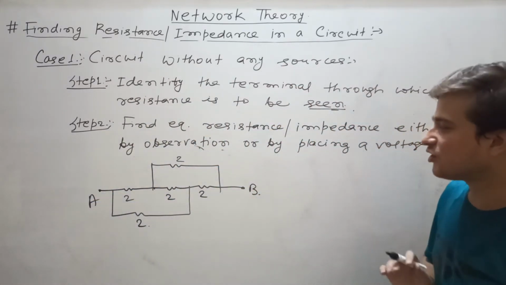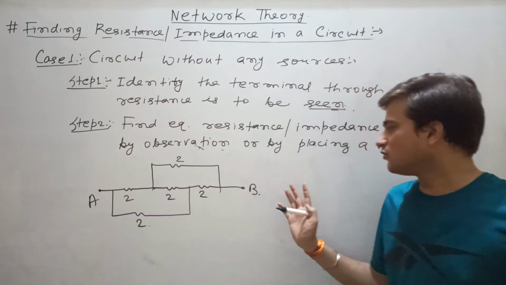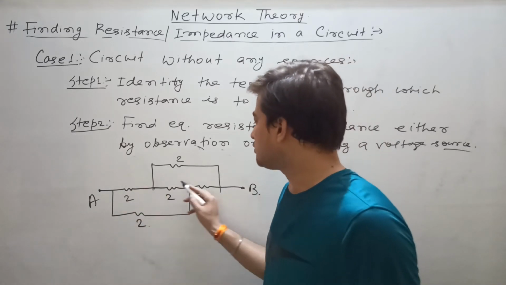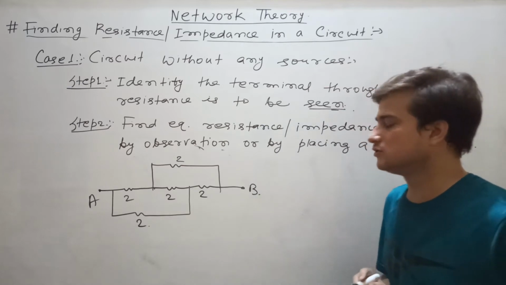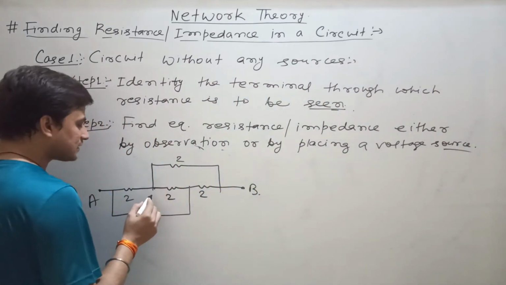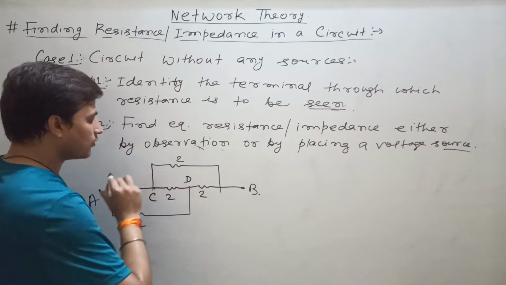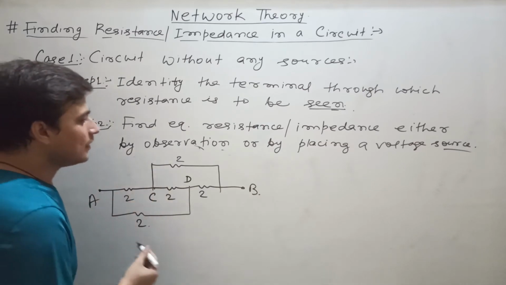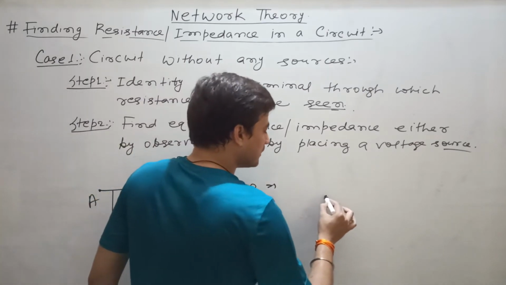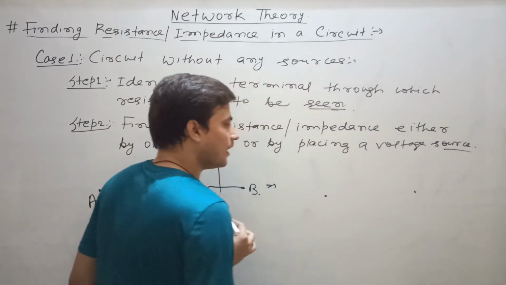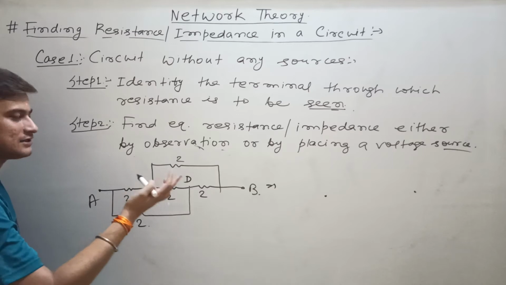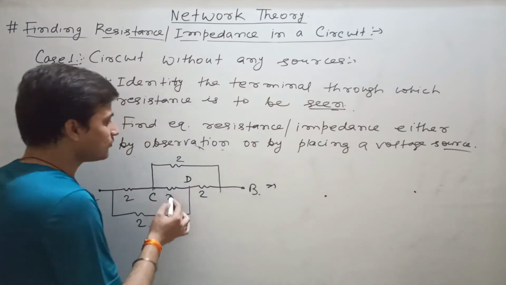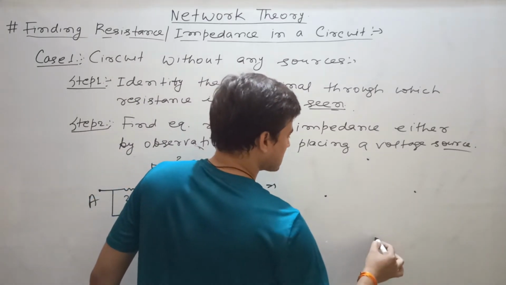So how will you find the equivalent resistance? See how to find. There are two terminals known to you. This is B, this is A. Now you are having two unknown nodes. The first step is you will have to assign some name to different nodes. Then the next step is you will have to place the nodes A and B at horizontal axis. That means you have to find the equivalent resistance between A and B. It will be placed at horizontal axis. Now the remaining two nodes will be placed at vertical axis.